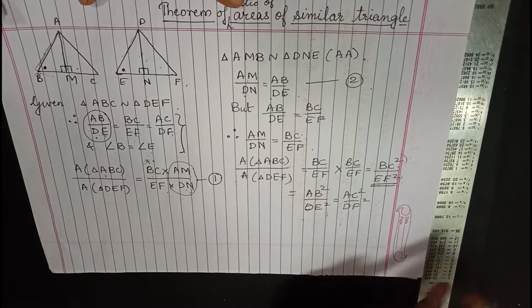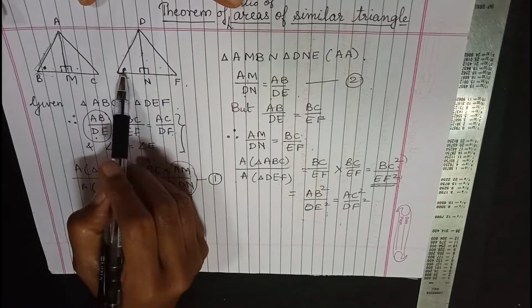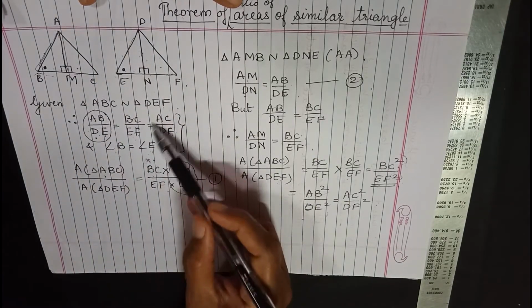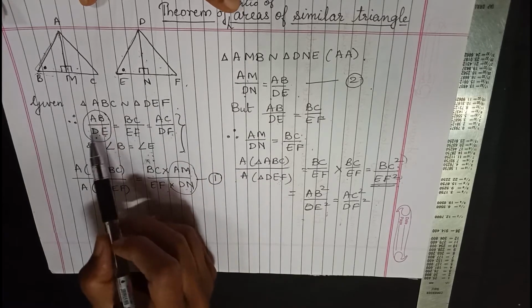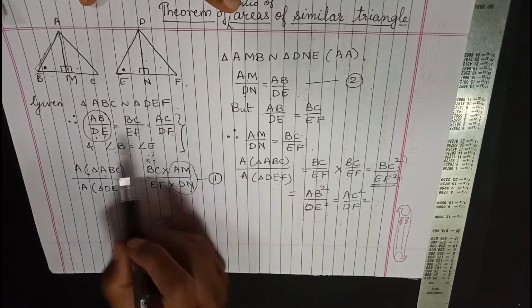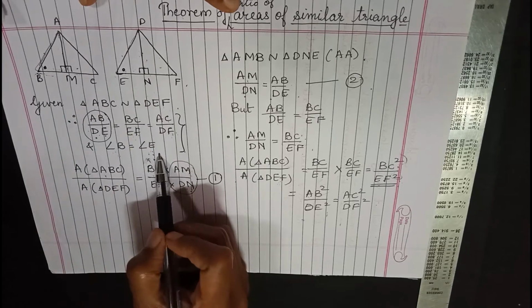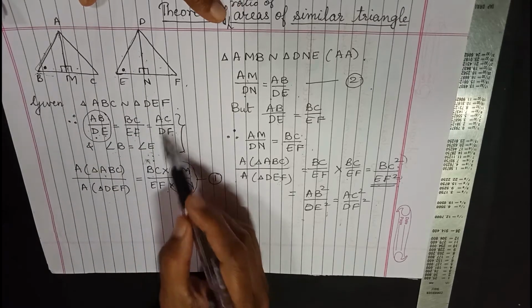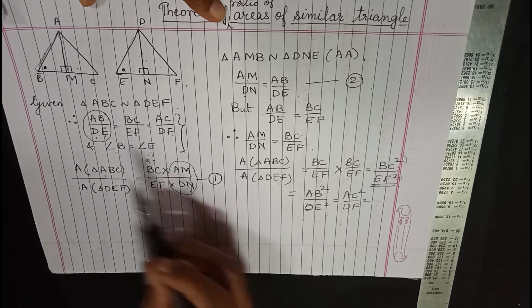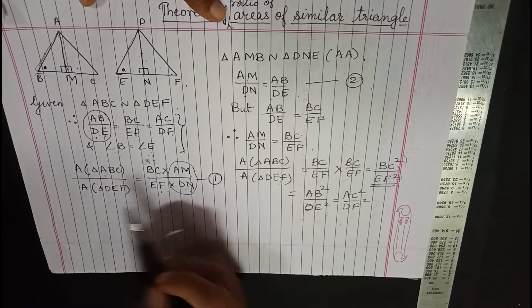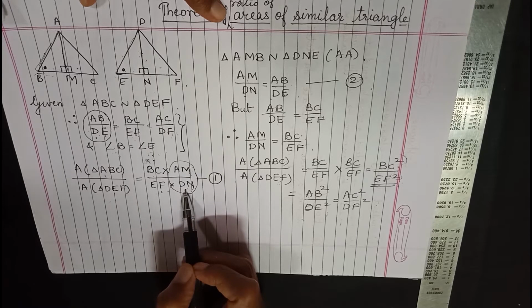Just very quickly, let's revise. Two triangles are given similar. So if the two triangles are similar, these are the two characteristic properties of similar triangles. That is, the corresponding sides are in the same ratio and the corresponding angles are equal. Right? So these are the properties that we will be using, and this is the first property in the lesson that we learned, that the ratio of areas of two triangles is B1H1 upon B2H2.